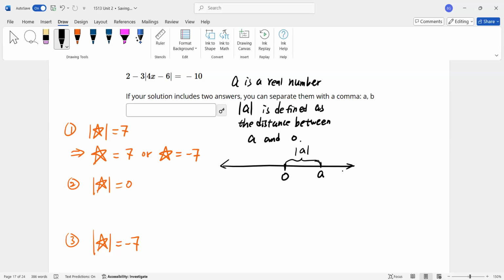It could be 0 distance if you don't move. If you don't drive, you park there. The distance you drive is 0, right? Or distance is positive. Once you start to drive, the distance becomes positive. But distance can never be negative, all right? So let's say if we have